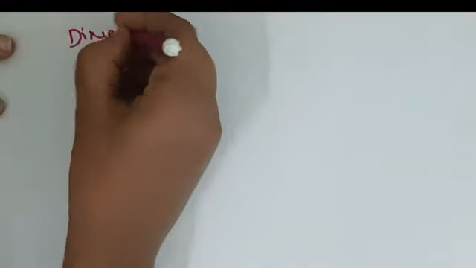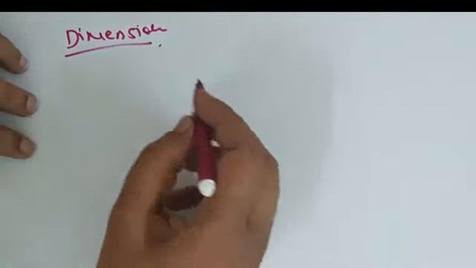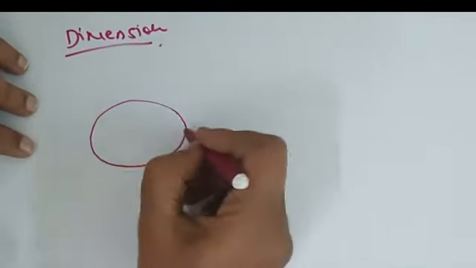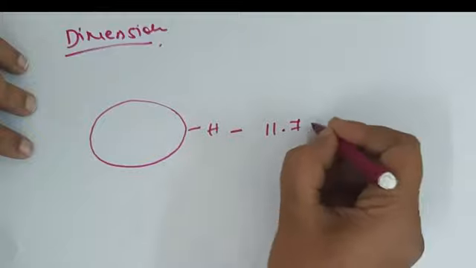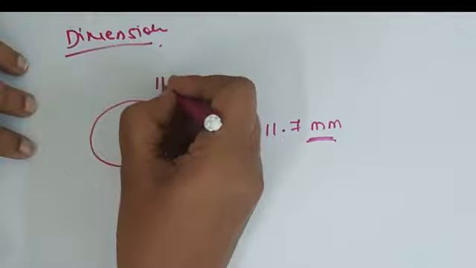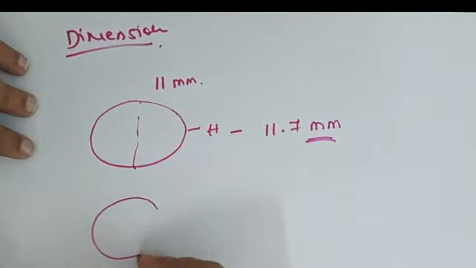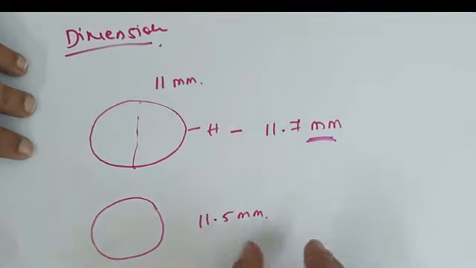Next, moving on to the dimensions of the cornea, which comes under the gross anatomy of the cornea. As you all know, it is an elliptical structure. It is not uniformly round when you see it from the anterior side. It is somewhat like this because the horizontal diameter is more than the vertical diameter. Horizontal diameter is 11.7 millimeter. Please note down it is in millimeter, whereas the vertical diameter is 11 millimeter. This is from the anterior side. If you take it from the posterior side, it is a little circular with a uniform diameter of 11.5 millimeters. This is in the posterior surface.